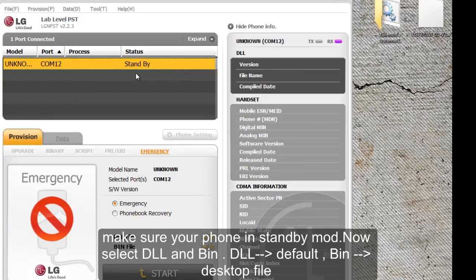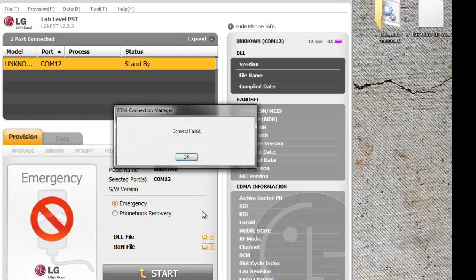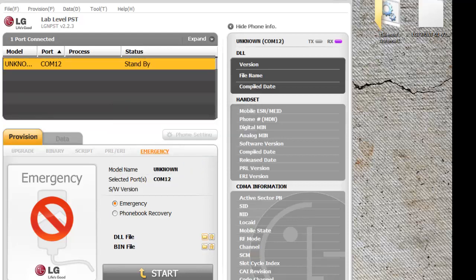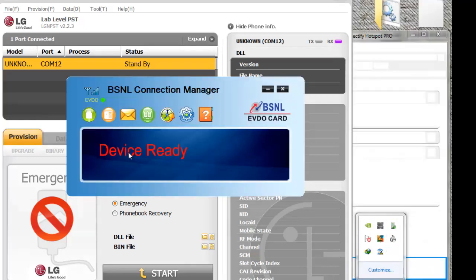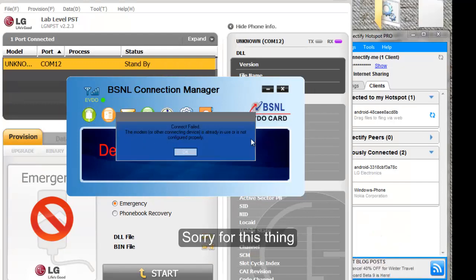Now click on device and click on emergency mode. Click DLL file browse. Oh, sorry, my internet connection timed out. Connection failed. Sorry for this interruption.